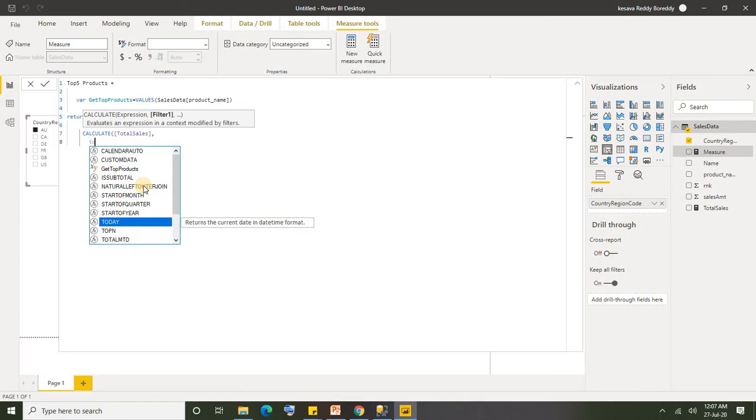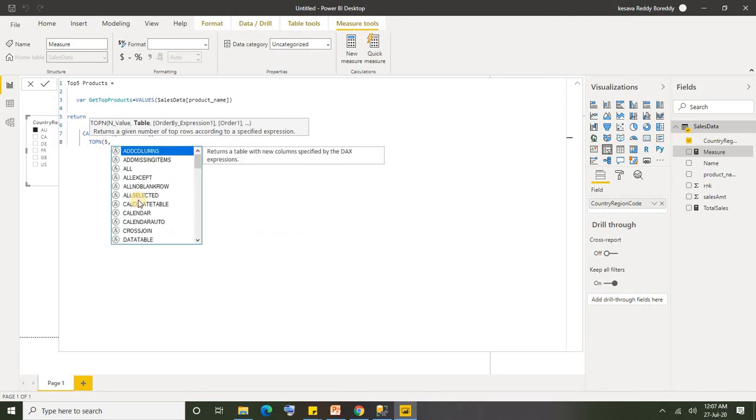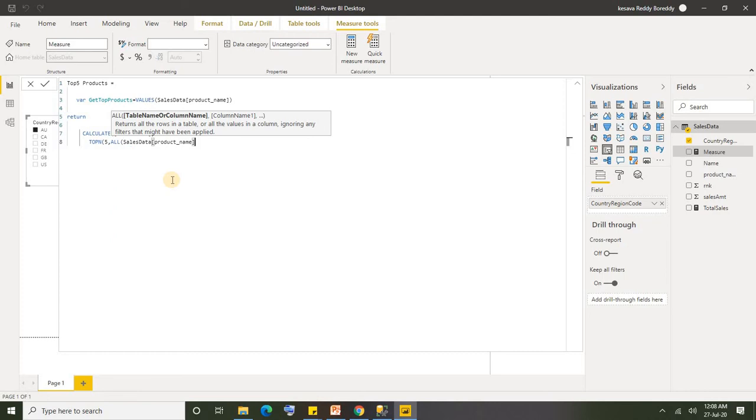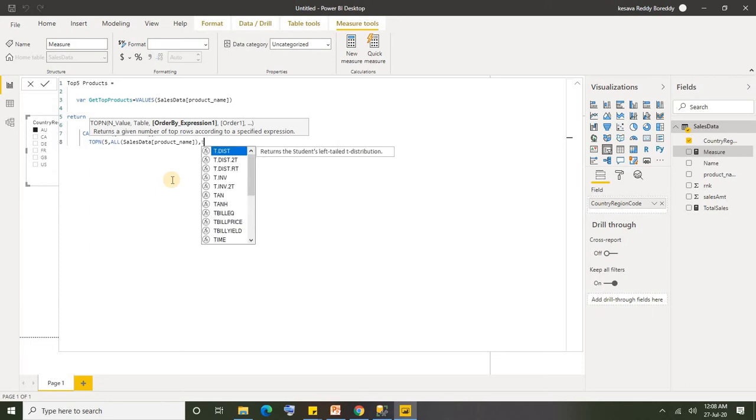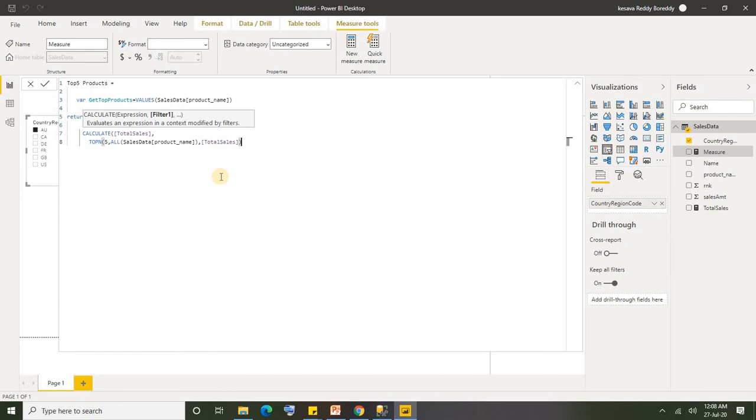products, right? For that I need to use the function called TOPN. Now I need to specify how many records I want to fetch. I'm going to use the ALL function here. From all the given products I need the top 5 products. So for the TOPN function, we need to give the number that you want and the column from where you want to fetch the value. Here I'm going to rank with total sales amount, so I'm going to pass total sales amount here. Now let me close the bracket.